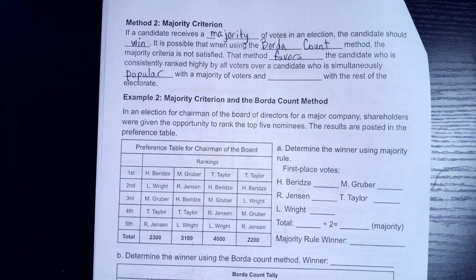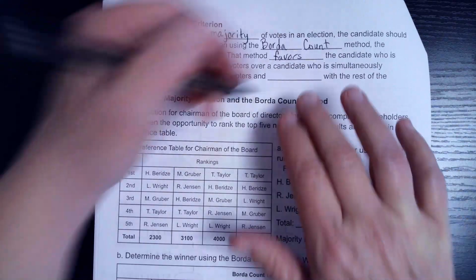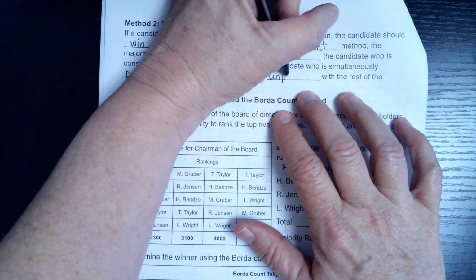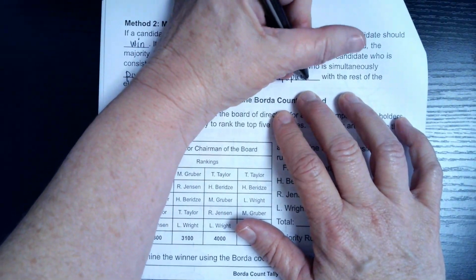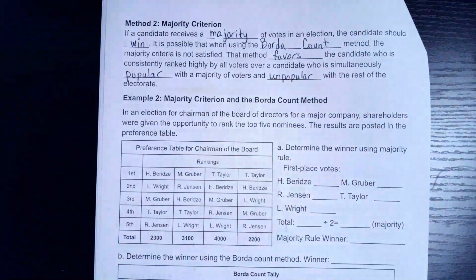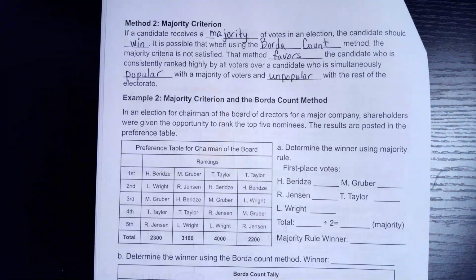What's the opposite of popular? Controversial. Or actually, I was going to go with unpopular. It could be because they are controversial, or it could be just because they just don't like them, you know? So, anyway,